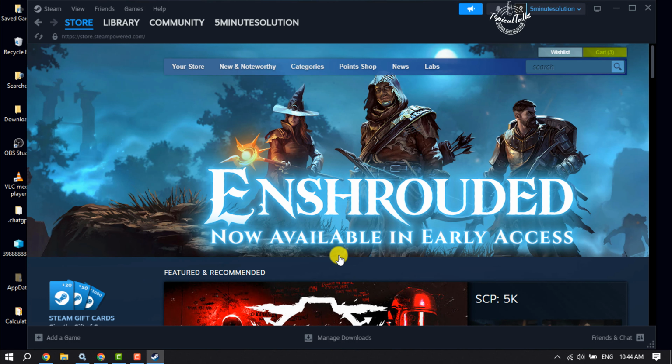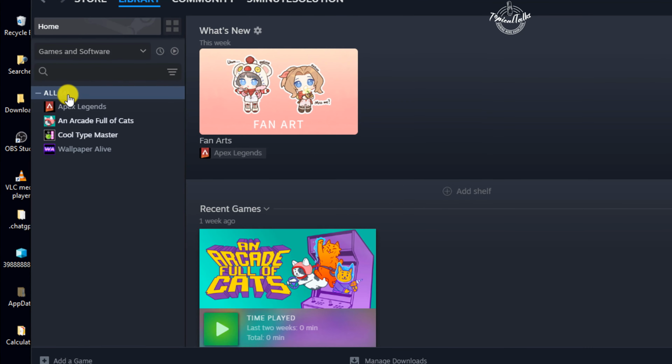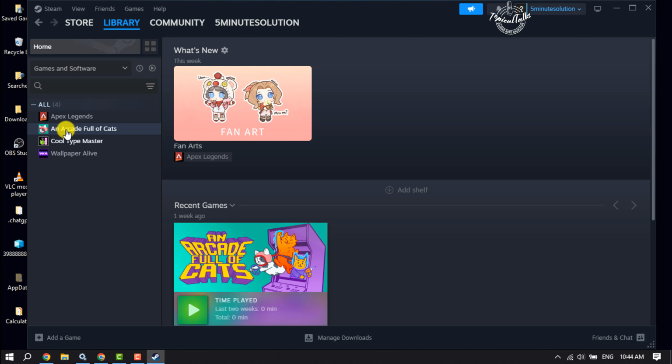But if you want to disable only a specific game's auto update, here's how to do it. Go to your library section, and here you will get all of your games. And now right click on that game you want to stop auto updates for, and click on Properties,